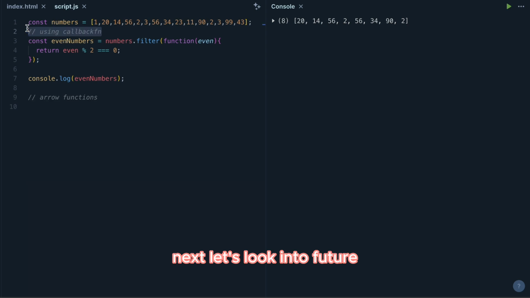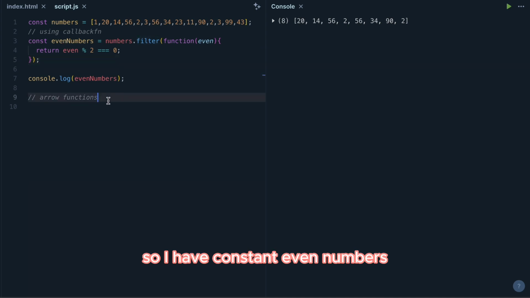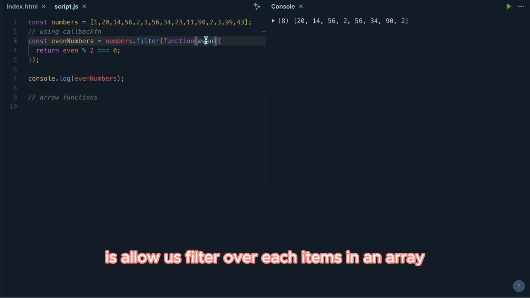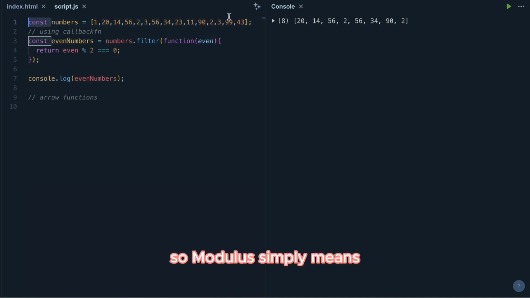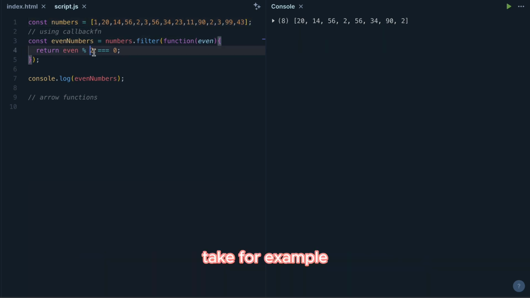Next, let's look into filtering using the arrow function, but let's quickly go over the above example. So I have const even numbers equals numbers dot filter, and the callback function. So what even here does is allow us to filter over each item in an array. So modulus simply means what is remaining after a number has been divided. Take for example